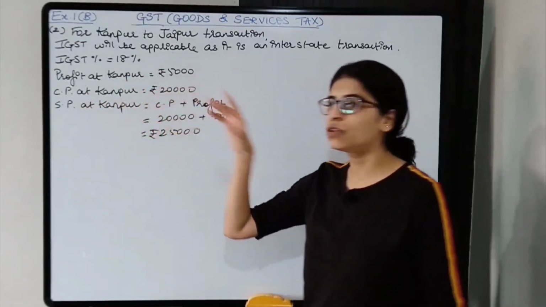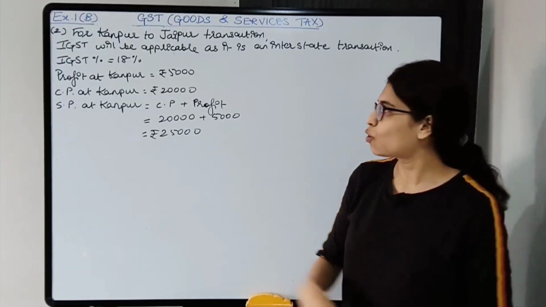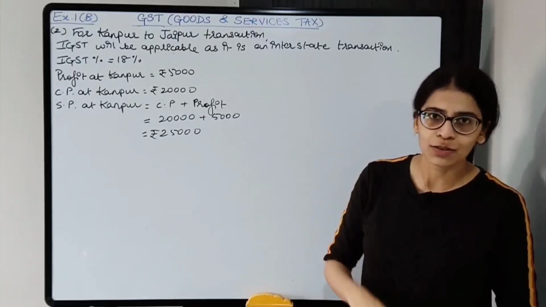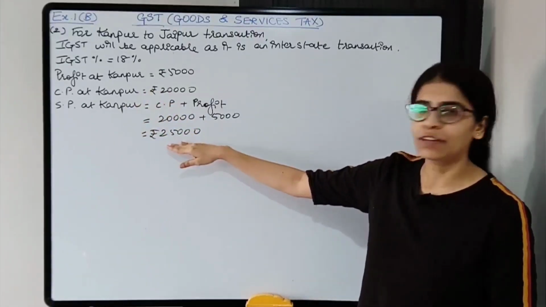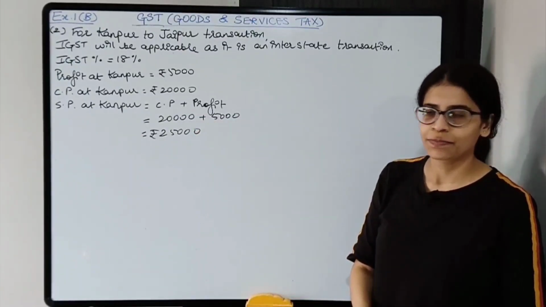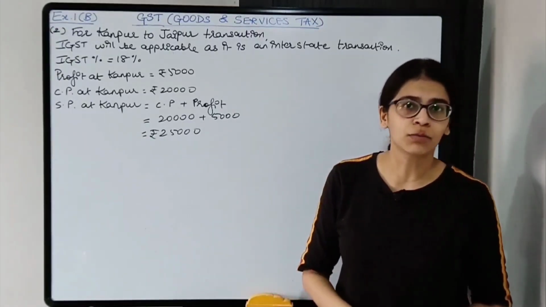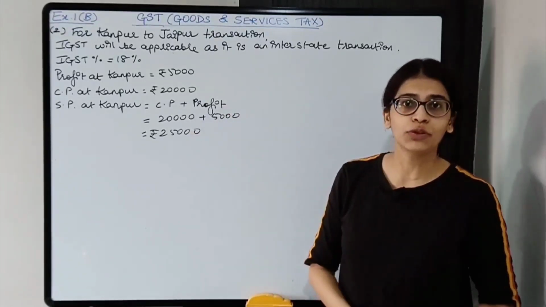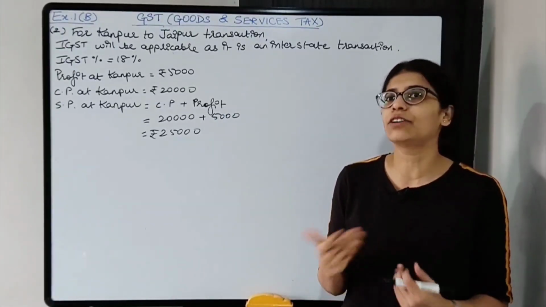Okay, so you have to write down all these details. Now cost price at Kanpur कितना पड़ा? Kanpur bought the goods for 20,000 plus GST extra, so cost price is 20,000. Okay, now it is going to keep a profit of 5,000 rupees. So what will be the selling price at Kanpur? Kanpur is selling to Jaipur for 25,000 rupees, right? It will be cost price plus profit, that is 25,000 rupees. Now we need to find the net GST payable by Kanpur dealer. So for that we need to know how much GST he is going to charge to Jaipur, right? Because we found the GST paid by Kanpur dealer, but how much he will receive, that we need to check.